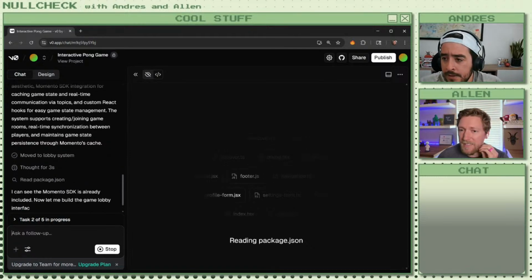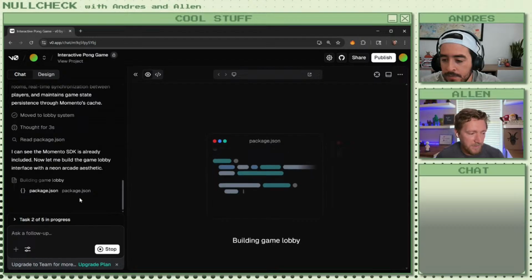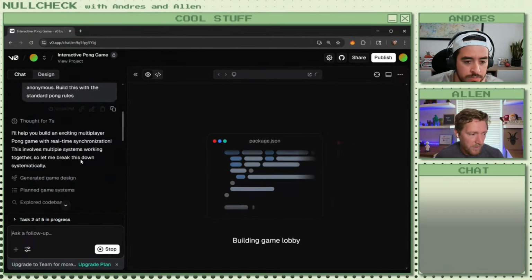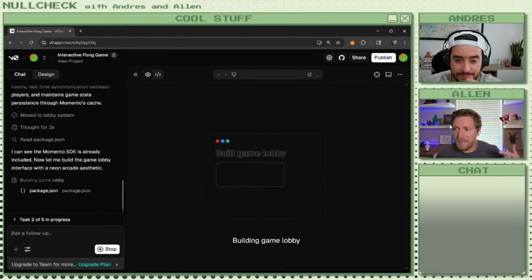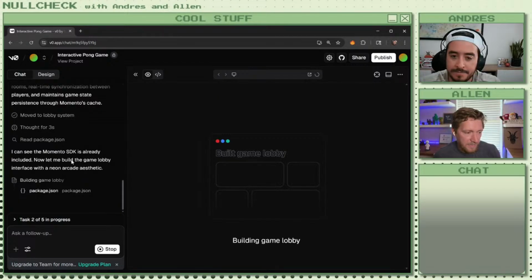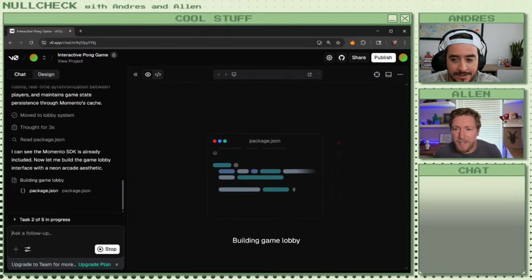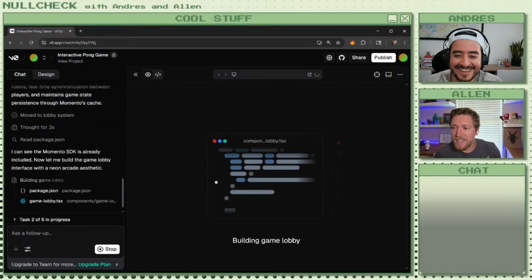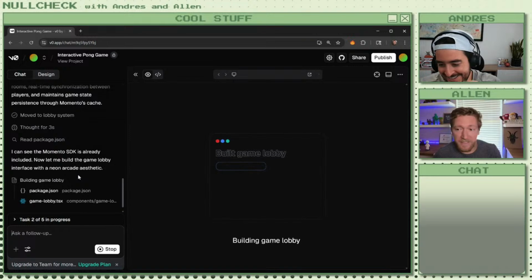Yeah. Now, one thing that I noticed in difference in behavior with V0 versus when we were messing with it last time is before it walked us through a whole design process, and we had to give it a sign off before moving. And it didn't do that this time. It took my initial prompt, and now it's doing its thing. Now, I want to say it's because I write such good prompts, it doesn't need to go through a design phase. But that could just completely be a different experience now. And maybe they were trying to move faster.